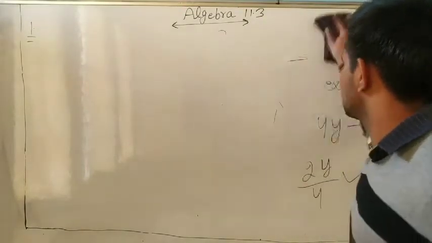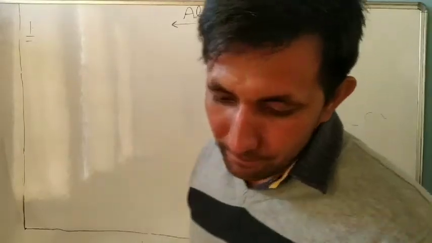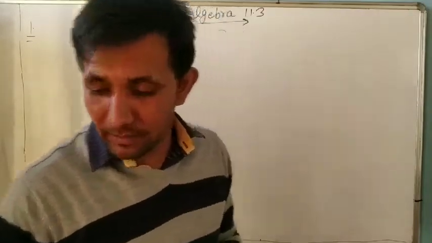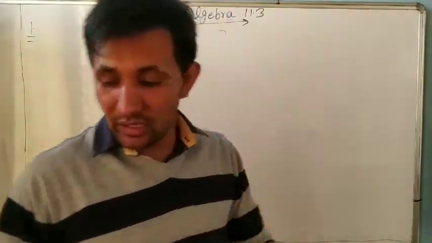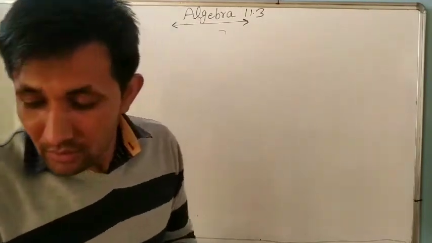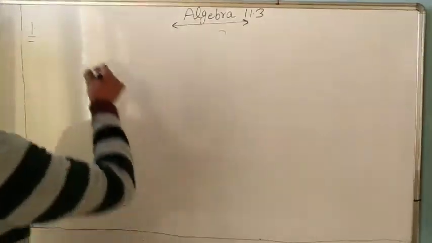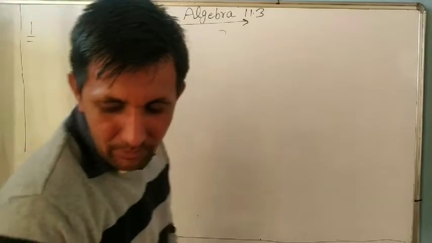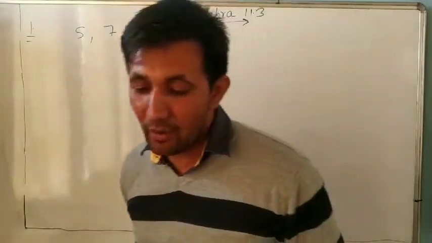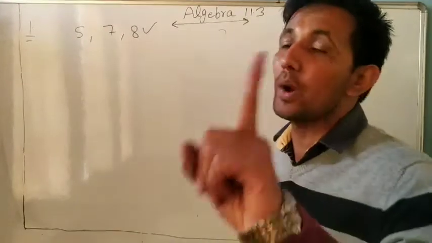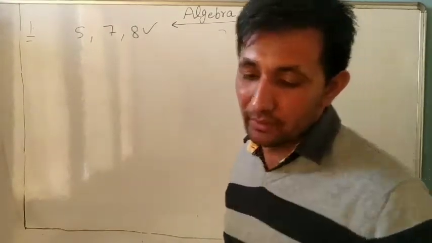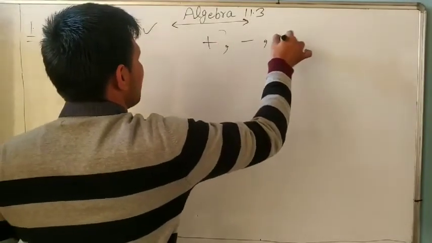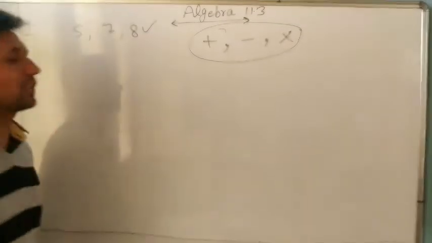So look at the first question. Make up as many expressions. We have to make many expressions with numbers only, without variables. You can form them from three numbers. We are given three numbers, 5, 7, 8. We have to make expressions using these three numbers, and every number should be used not more than once. Use only addition, subtraction and multiplication. Only these three operations we will use.